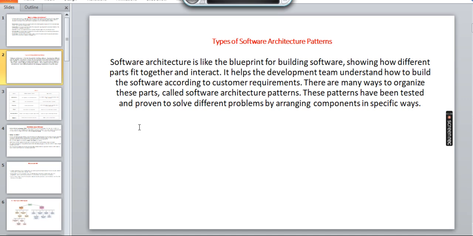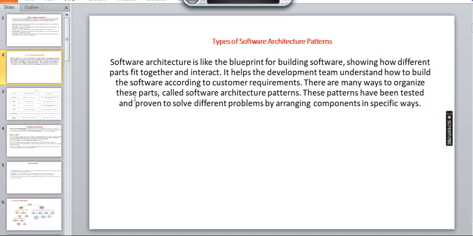Types of software architecture: it's a blueprint for building software. Everyone knows the building architecture pattern, how it can be modified and how it works. It is a blueprint for building software, showing how different parts fit together and interact, and it helps the development team understand how